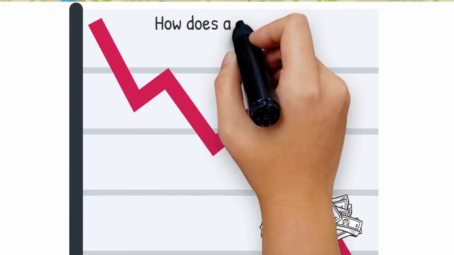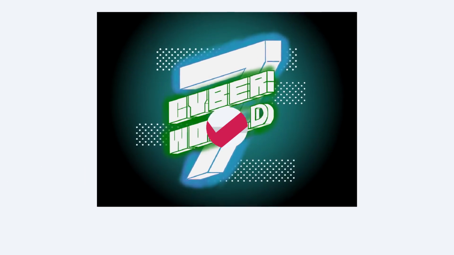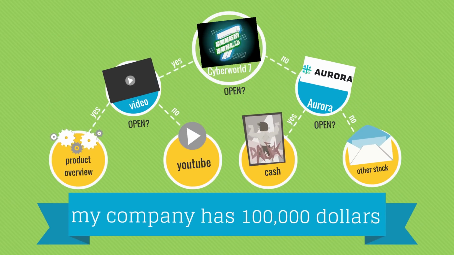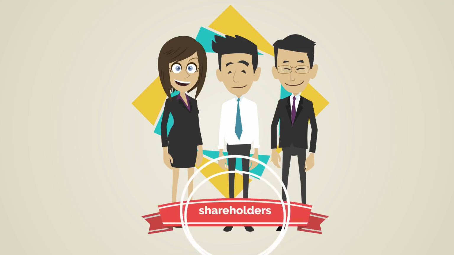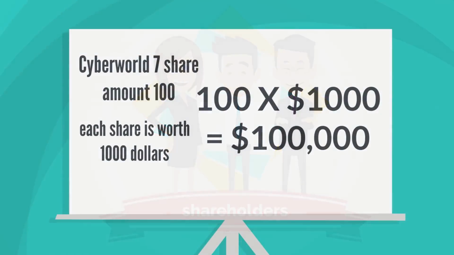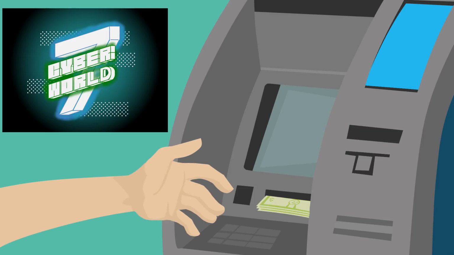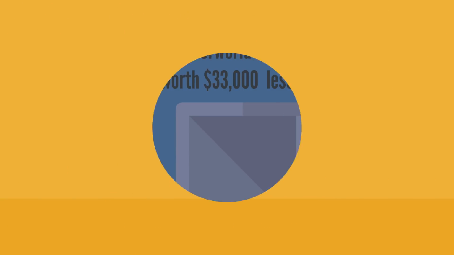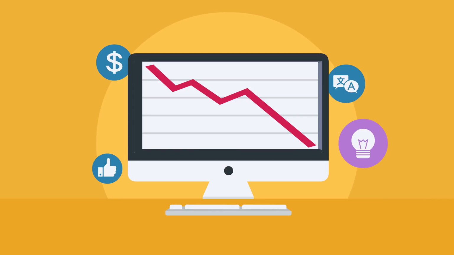How does a company's worth or market cap go down? I'm going to use my own company as an example without using real numbers. Let's say my company's total worth is $100,000. This is from the cash and assets in my corporation account. We have 3 people that own shares in the company, dividing the shares into a 33, 33, and 34% split. With a total of 100 shares in the company, each share would be worth $1,000. Let's say one of the shareholders needed money badly and he sold out a portion of 33%. Each share he sold would be worth $1,000, but now our corporation is worth $33,000 less. And this is how the overall value of the market cap of our company would go down.